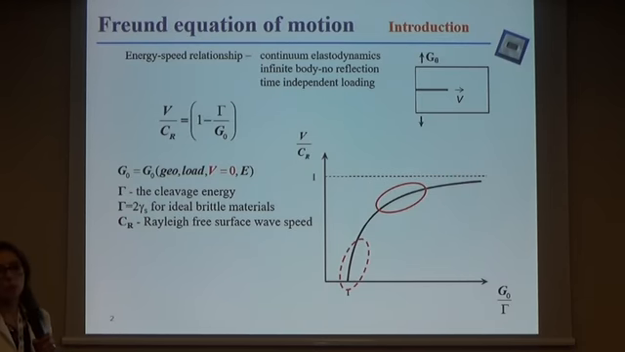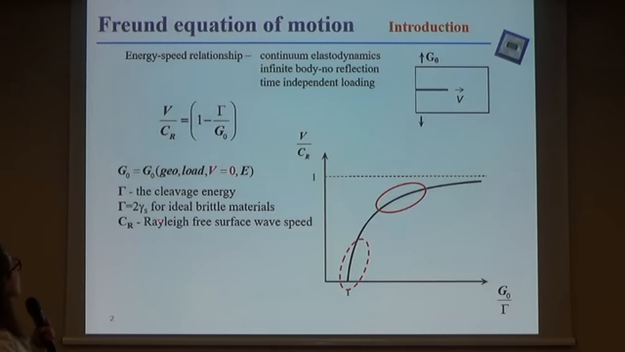I will start with a short introduction. The Freund equation of motion describes the energy-speed relationship of a propagating crack in a half-infinite isotropic and elastic body using continuum dynamics, where atomistic considerations were not taken into account, and therefore this is considered the upper bound of the energy-speed relationship. According to this relationship, the crack speed normalized by CR, where CR is the Rayleigh free surface wave speed and the upper limit of the crack speed in the material, is equal to 1 minus gamma,